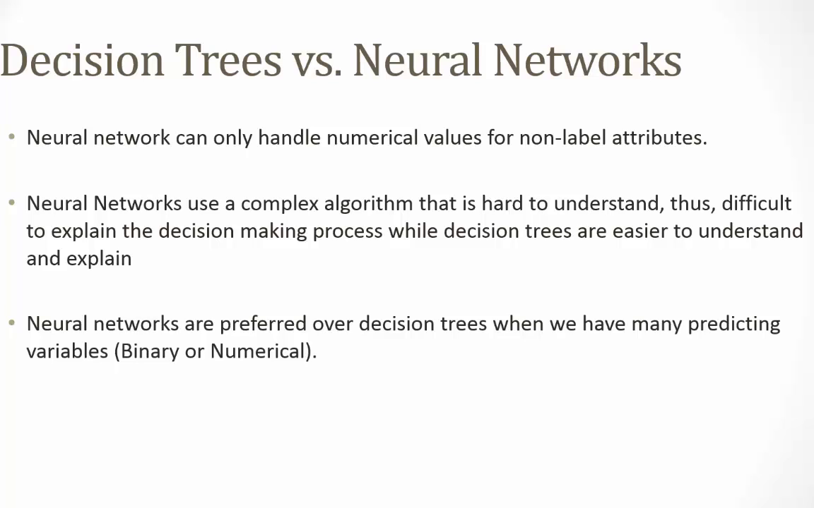Another difference between decision trees and neural networks is that the neural networks use a complex algorithm that is hard to understand and explain, and the model they generate is also hard to explain to a business user. While the model generated through the decision tree algorithm was much easier to understand and explain for business-minded people. However, neural nets generally perform much better when you have many independent variables